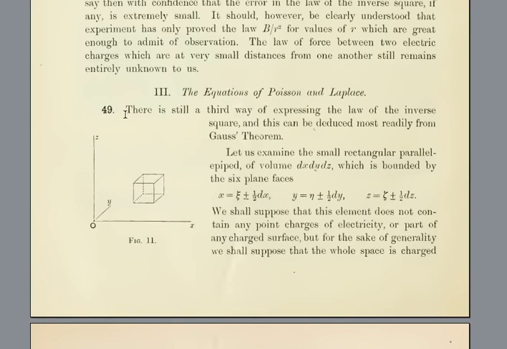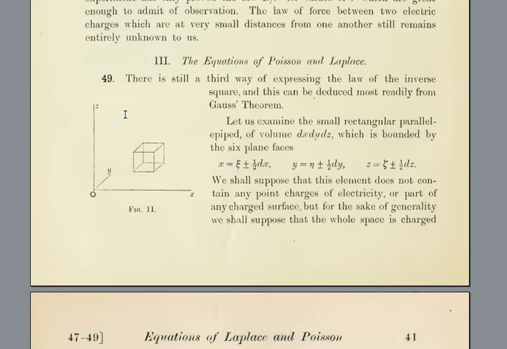Third, the equations of Poisson and Laplace. There is still a third way of expressing the law of the inverse square, and this can be deduced most readily from Gauss' theorem. Let us examine the small rectangular parallelepiped of volume dx dy dz, which is bounded